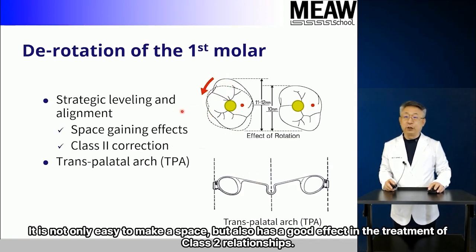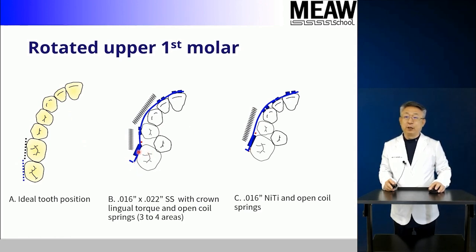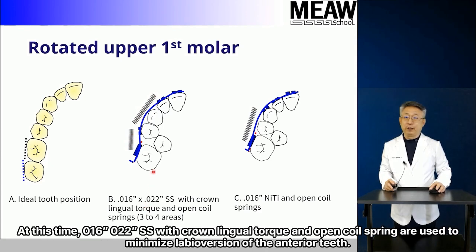It is not only easy to make a space, but also has a good effect in the treatment of Class II relationships. As shown in A, the buccal side of maxillary tooth 6 must be parallel, but there are many cases of mesial rotation as maxillary tooth 6 erupts. To solve this problem, open coil springs are used in the 4 areas as shown in B. At this time,